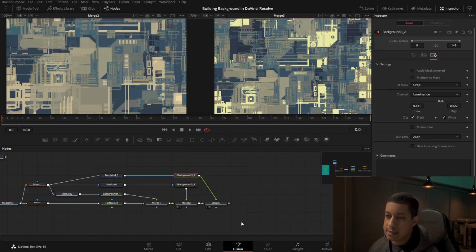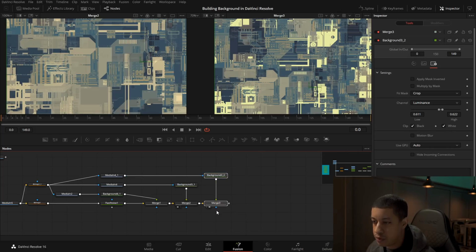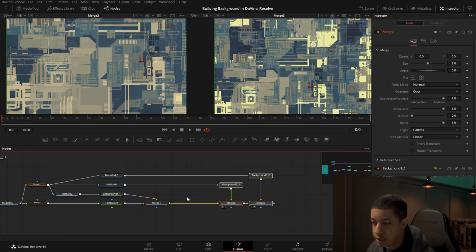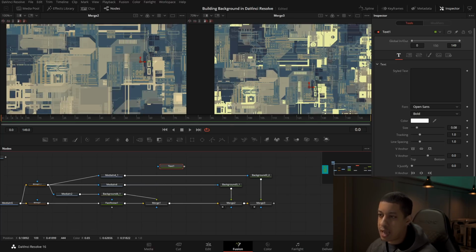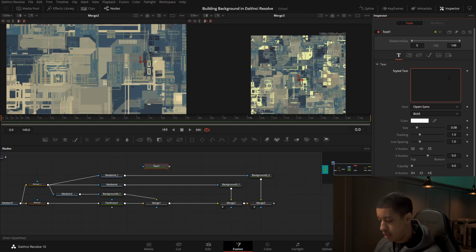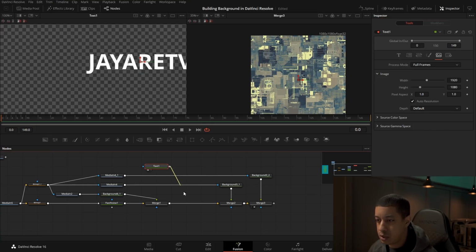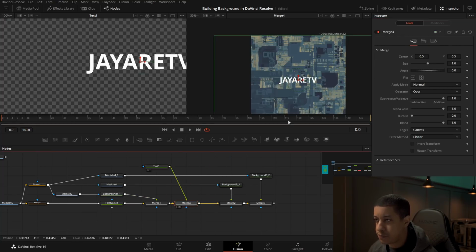As well as we can also, so before this stuff gets added, we could come in the middle here so that these play over top. What I might do is, if you've ever seen a circuit board, sometimes it has like writing on it. So we might be able to come in and put in some writing. Let's first take a look at this and we'll add it in here.